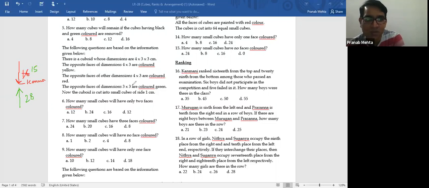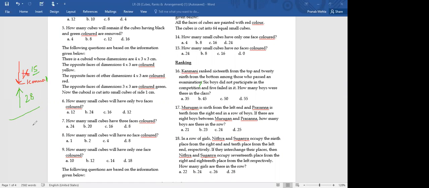Among those who passed an examination. So these are the people who have passed the examination. How many people passed the examination? 15 plus 1, 16, and 28. So 28 plus 16 is how much? Fast. 28 plus 16. Okay. Tell me. 44. 28 plus 16. Why are you taking such a long time?